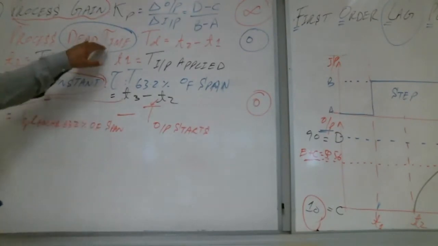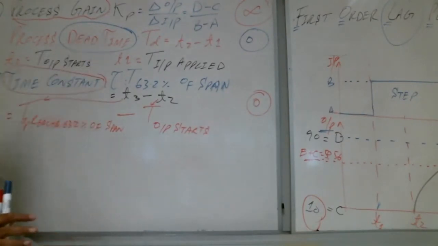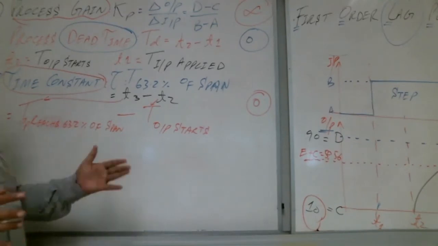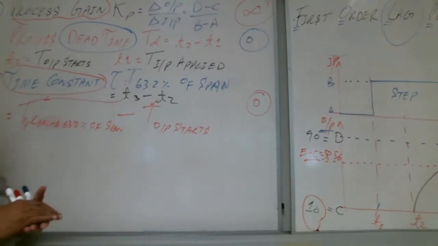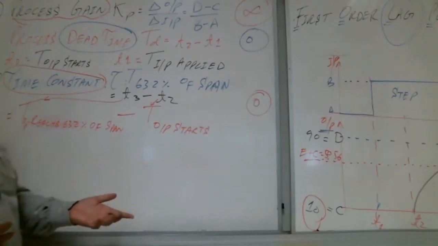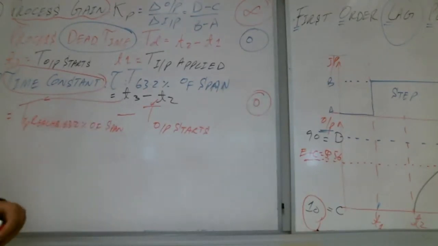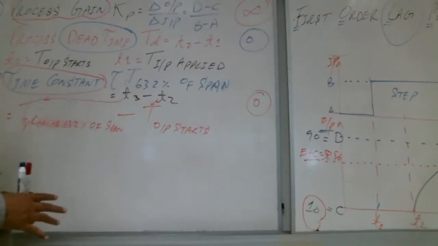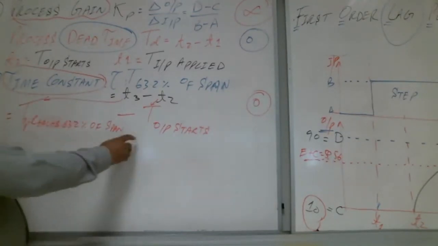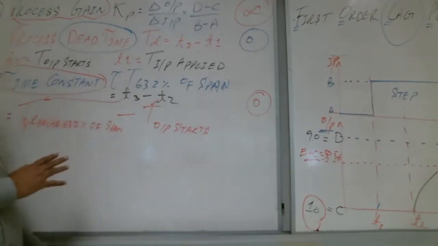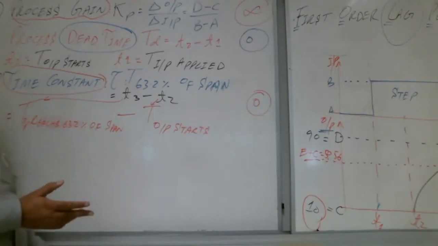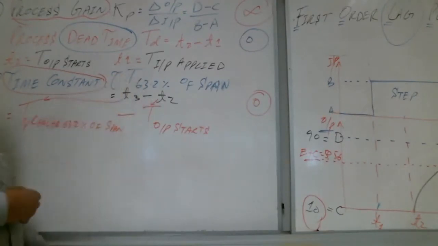What is the dead time? Dead time is when you push the accelerator and you wait for the car to start. That is the dead time. So you push the accelerator and maybe it is a nanosecond, maybe it is a microsecond, but you have to wait for the car to start. On the other hand, time constant: once the car starts, the output starts. When the car starts, how long will it take to reach 63.2%? Whoever reaches 63.2% faster will reach the maximum faster.